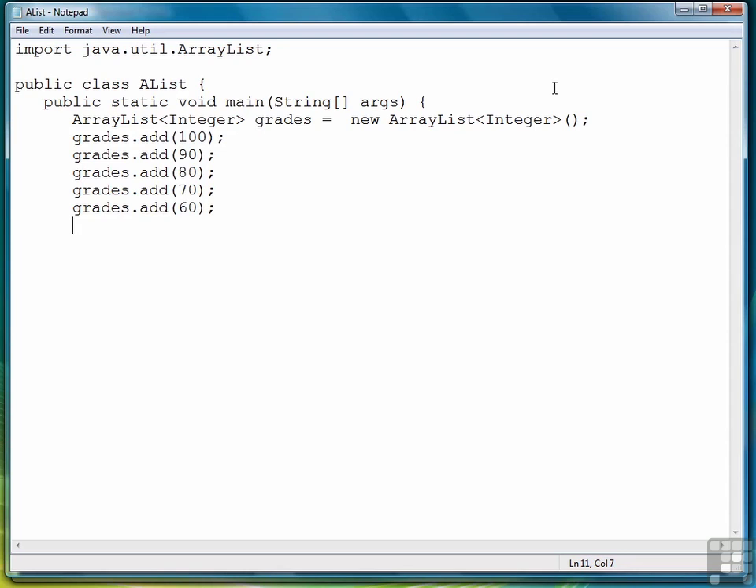Now that we've added the elements to the array list, we're ready to access them. We access them via the method get. Get will take an index argument and will return the element at that index position. So let's write a for loop. Well, first of all, let's create a variable total to store the total of the grades. Then let's write a for loop